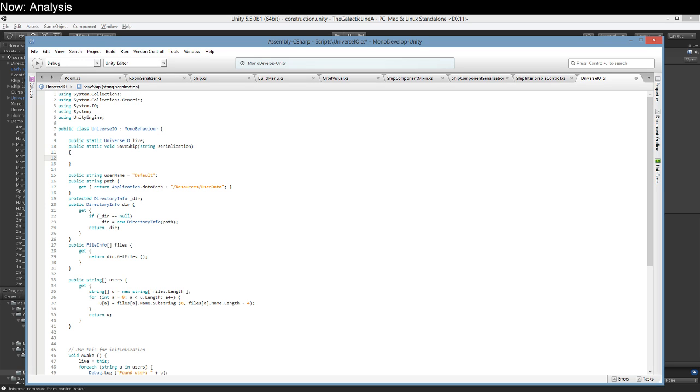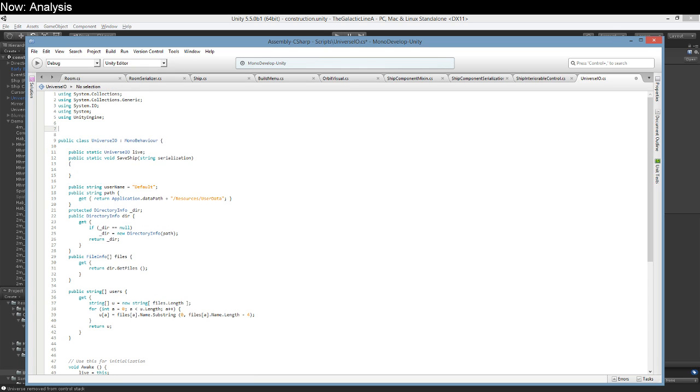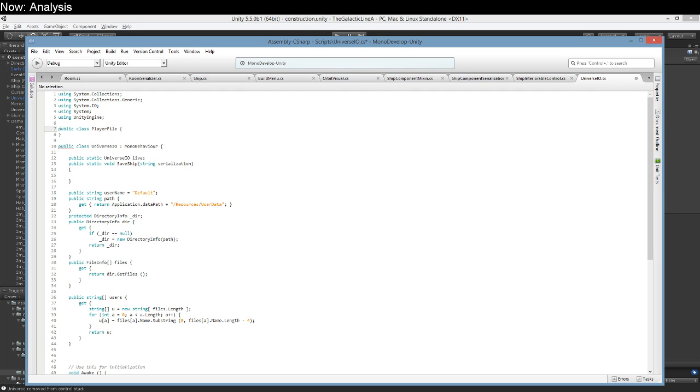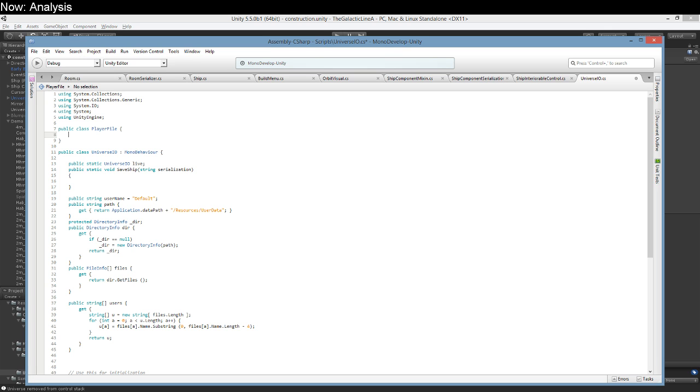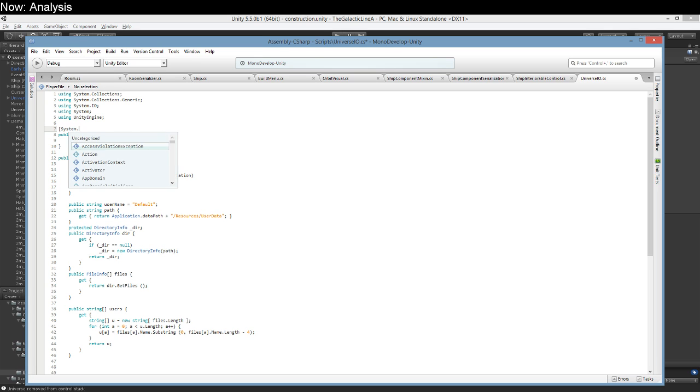But here's the thing. We don't want to write over the file as it exists. So we need to keep our files in our head. And so up here, we're going to go ahead and create a new class, public class universe or player file. And this will just be a very straightforward System.Serializable class that we will be able to keep our various data points in. And we're going to want to have a ships,